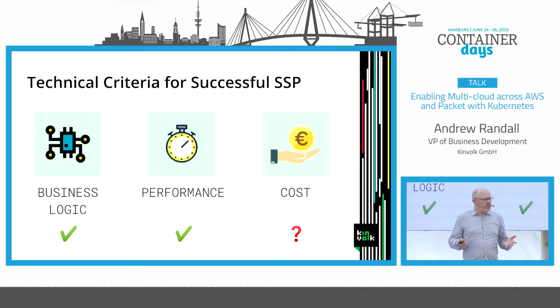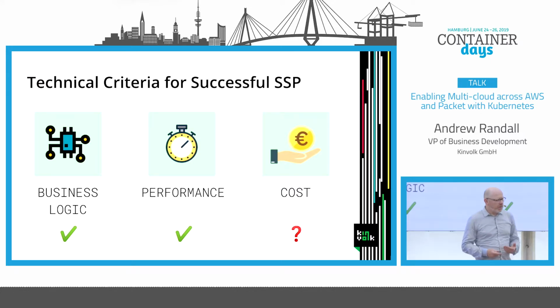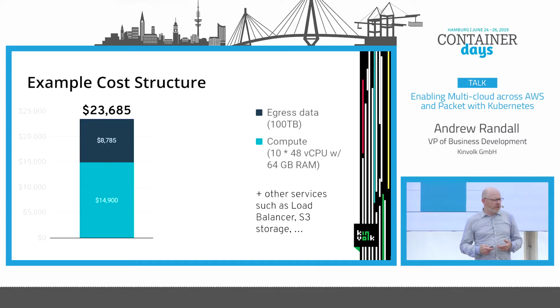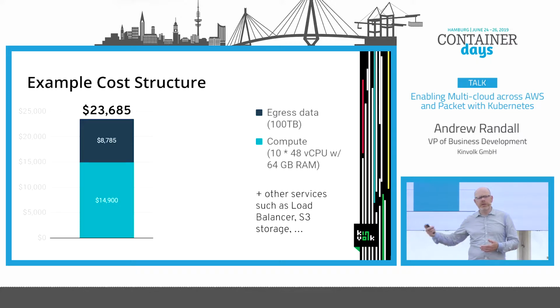So these are the kind of three key areas, and I think PubNative felt they were doing pretty well on the first two, but they were really struggling, particularly with this growth that they were seeing with the cost of the infrastructure that they were building on. So just to kind of step back and think a bit about the model of what they're doing here. Because for a lot of people, when they think about having workloads in the cloud, they focus on the cost of just the compute hours.